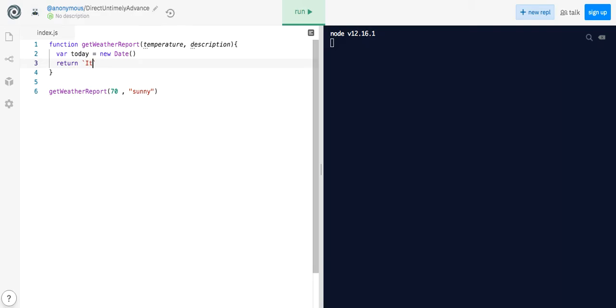And then I can start over and I can say "it's", and then I want to put in the temperature here. So to put in a placeholder, you need to put the $ sign and then curly braces. And then inside of the curly braces, you can put the variable that you want to be evaluated. So I'm going to put temperature there and say "degrees". And then I'll put my description, again, $ sign, curly braces, description,